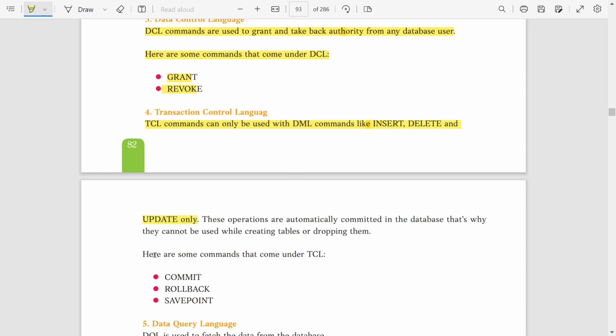And some TCL commands are commit, rollback and savepoint. It means that if we need to use TCL commands, we use them along with these commands, otherwise we will not use them. Like insert, while we are adding data into the table, while we are deleting data from the table, and while we are updating some information. At that time we use these three commands: commit, rollback and savepoint.